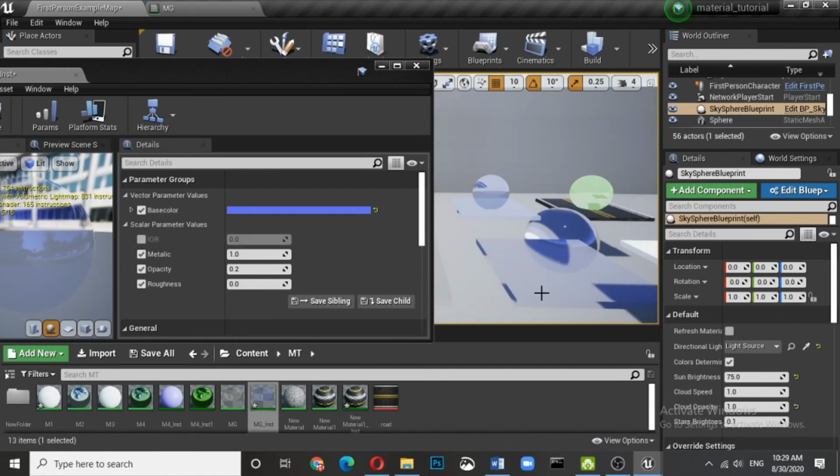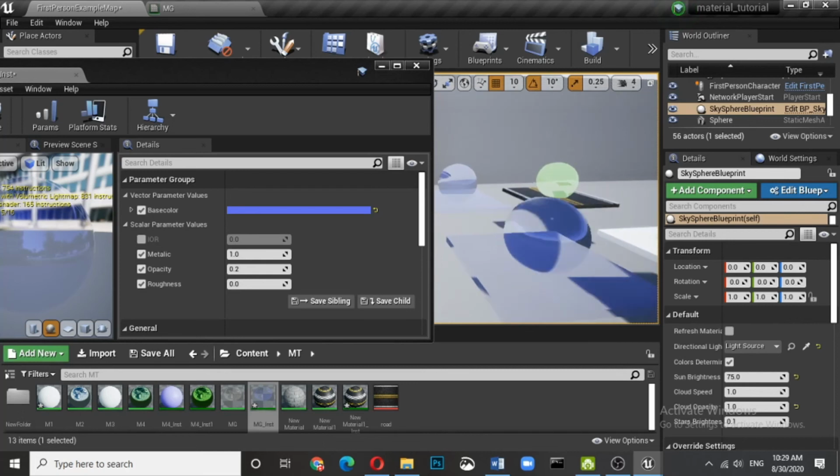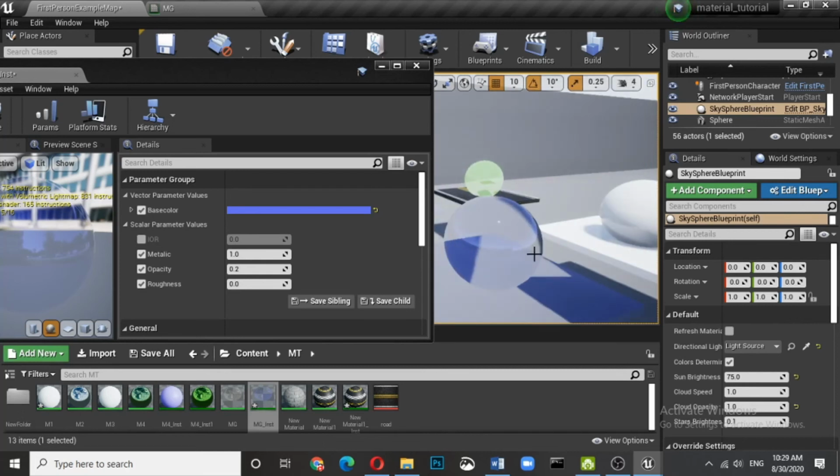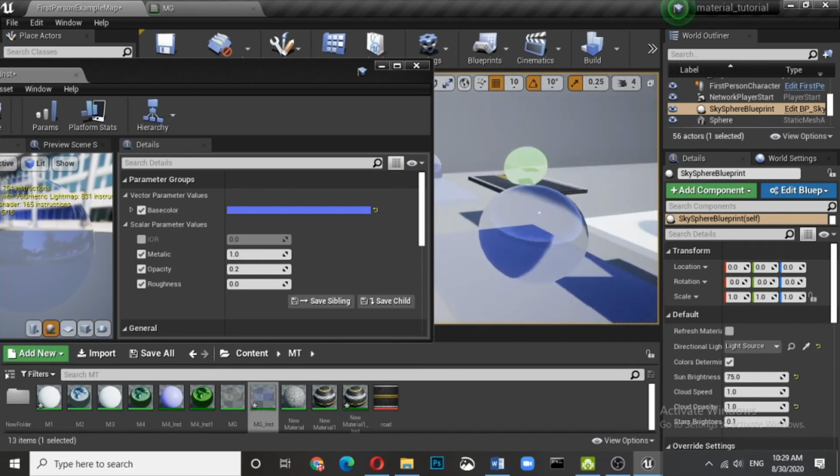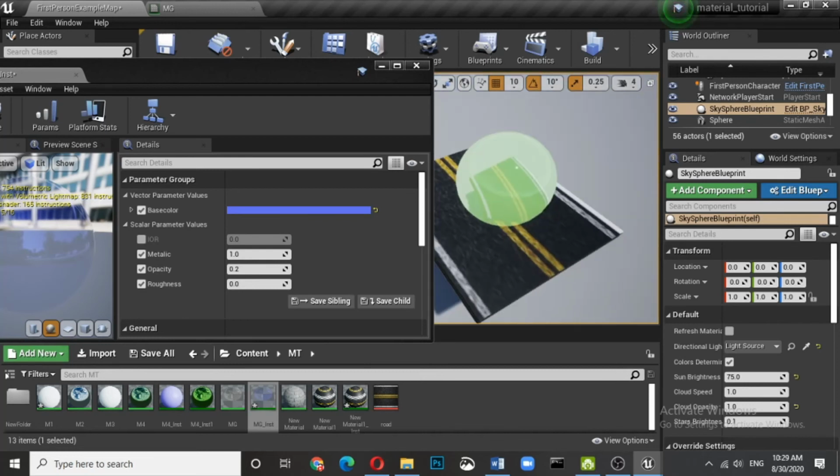Now you can see the difference here. There is no change in the continuation of the edges. There is no change here also, but here there is some change, and how can we control it?